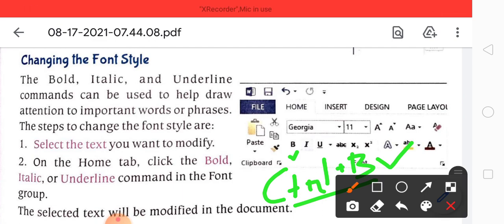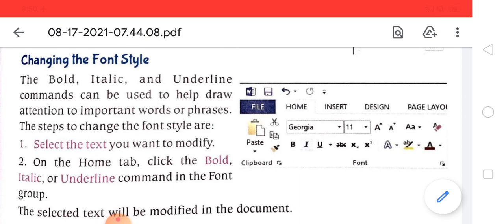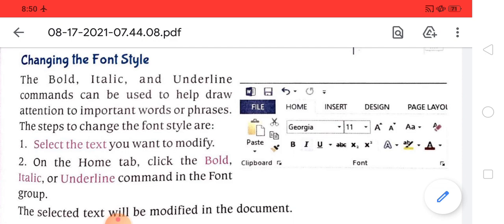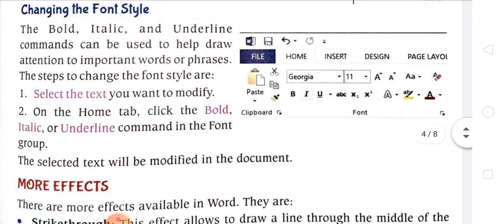And for italic you just press Control I. Then for underline you just press Control plus U. Okay, so these are some font styles, and if you do not want to use the shortcut key, you just click here whatever you want, then the font style is changed. More effects.